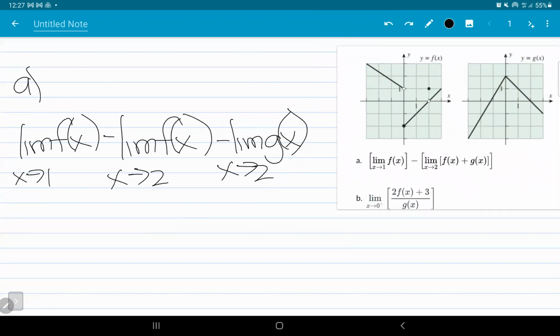Now you just base the limits from the graph. So for example, the limit of f of x as x approaches 1 based on the graph for f. If you look at the graph,